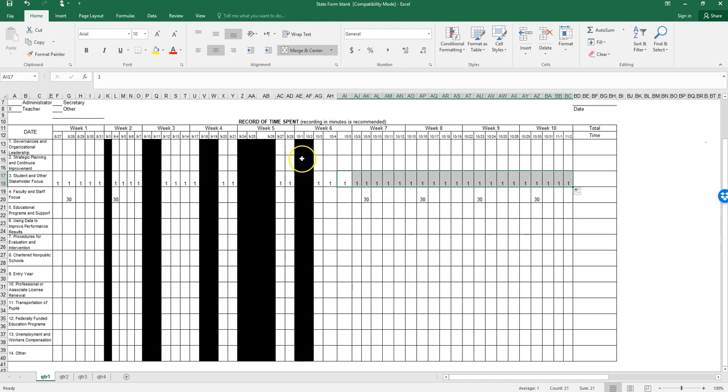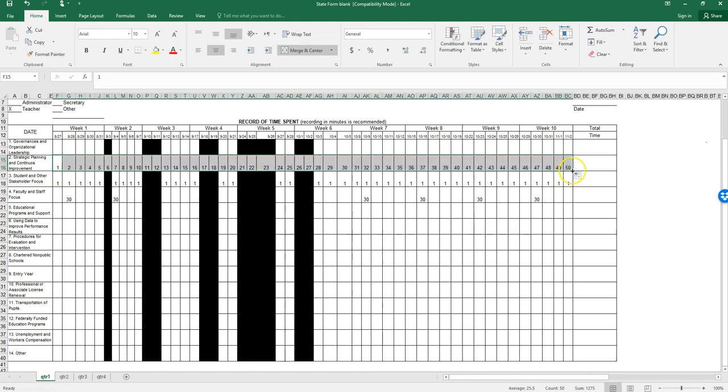Keep in mind that just because these cells are blacked out doesn't mean you can't put numbers in there. So please make sure that if you do drag all the way to the end, you know that those cells over there get filled too. Here in my version, it copied over the black, but you should try to make sure that you don't put any numbers in these black sections accidentally, because it will add up the tally, which is the next part